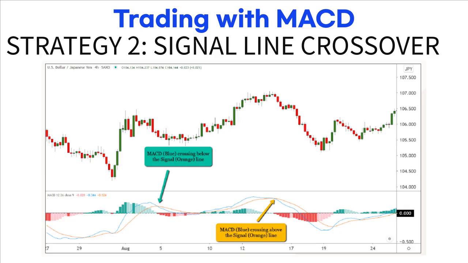At the second point, the MACD crossed above the signal line, which indicates a good time to enter with a long position and buy. However, do be mindful of whipsaw trades, which can happen when the two lines cross each other multiple times within the same period of time. To avoid this, you can consider waiting a little longer to ensure that the trend is long-term before entering the